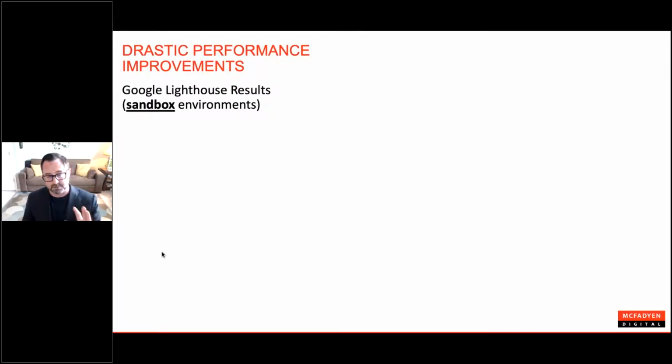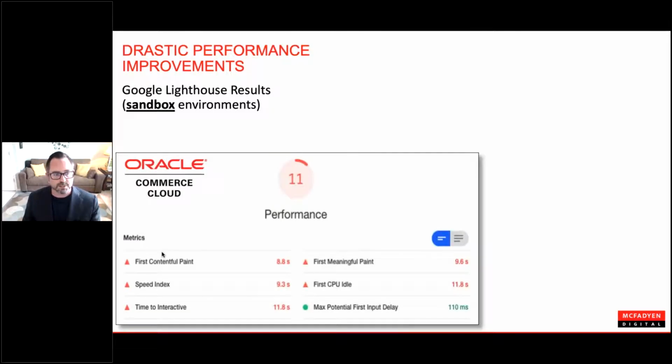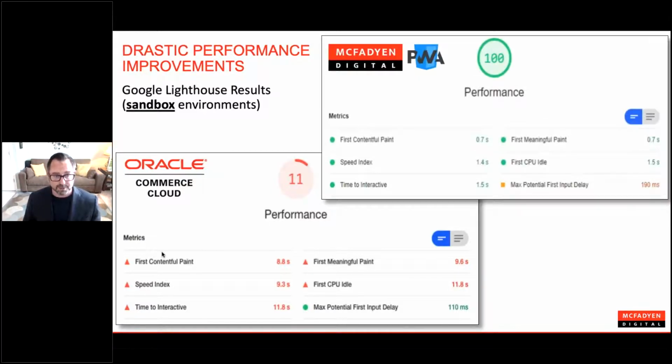Now, this was on a sandbox environment. So this was our OCC, our Oracle Commerce Cloud sandbox, just a speed test. And you can see 8.8 seconds. It's a little sluggish. This is with a stock theme, again, on a sandbox. But keeping in mind on that sandbox, with the PWA front end that we built, the accelerator that we built,